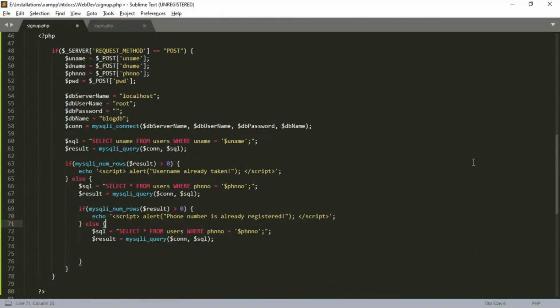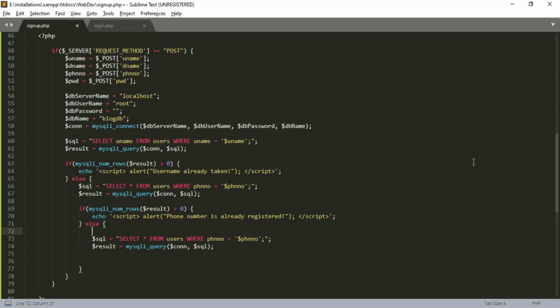That's all the checking we need to do. Other details such as display name need not be unique. You can set constraints for the password and do something similar, but we avoid those for simplicity. Now once all the conditions are checked, we can create a new user with the details. So we insert these details into our table.